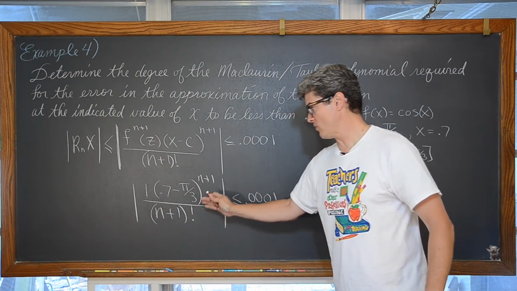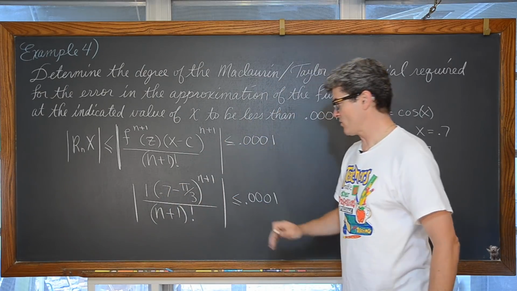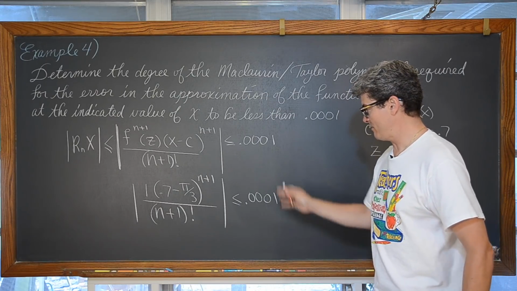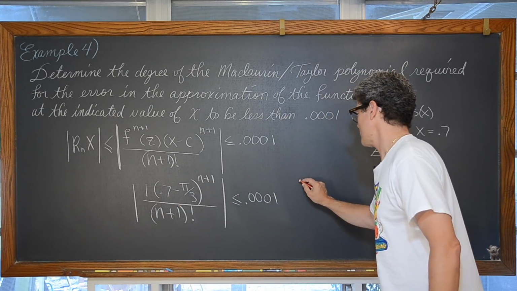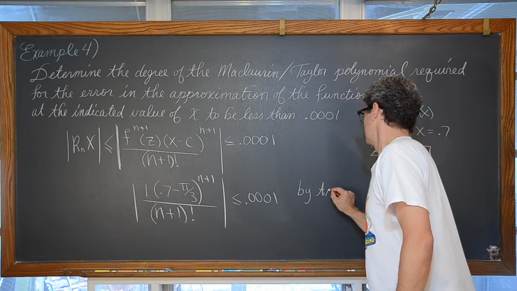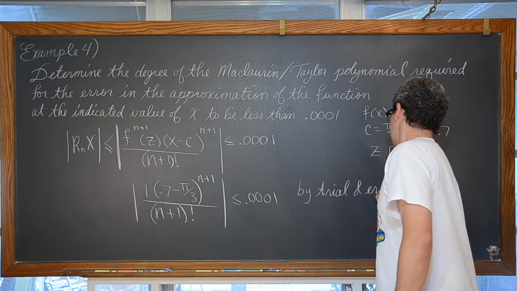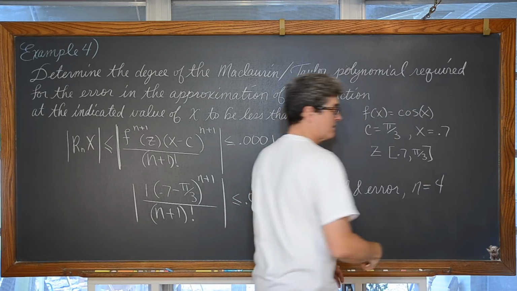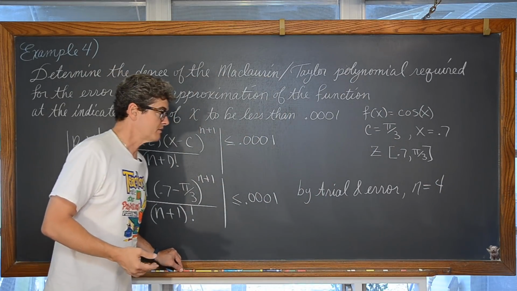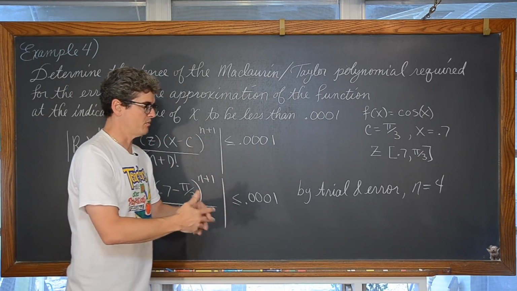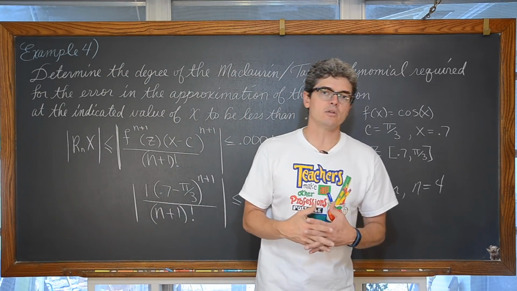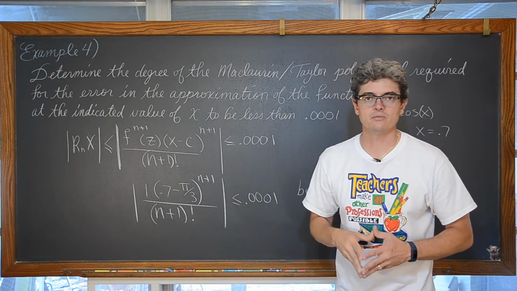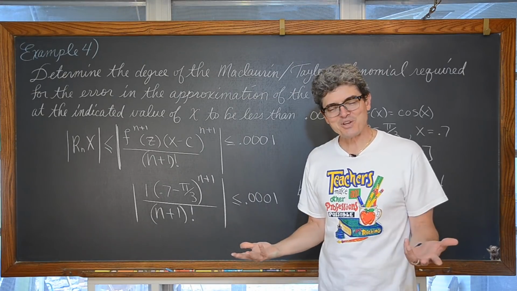But as soon as you put in an n value of 4, this expression is going to give us a maximum error which is less than 0.0001. So you just do a little bit of trial and error, and by trial and error, we get n has to be equal to 4. Now n can be greater than 4, but why do more work than you need to? If you use a fourth degree Taylor polynomial, you're guaranteed to have an error that is less than 0.0001,